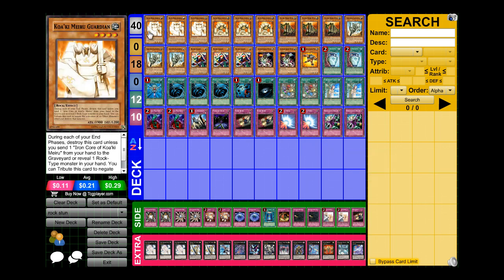First off, 3 copies of Koa'ki Guardian. He's basically a Doom Cow, but you get to pick when to activate his effect. You don't have to use it by force. I think he's a lot better than Doom Cow when it comes to actually using them in a certain type of deck, but Doom Cow beats him because,